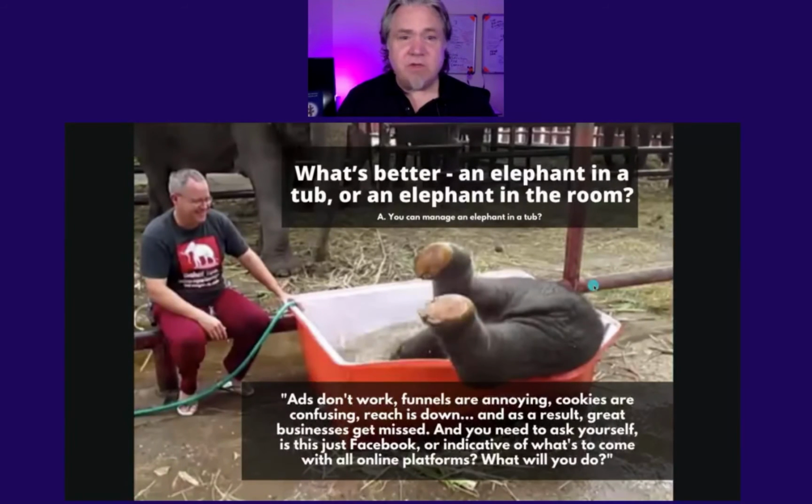So what's better, an elephant in a tub or an elephant in the room? The answer to that joke is you can manage an elephant in a tub, I think, a little bit easier, or at least in this case. But my point is that